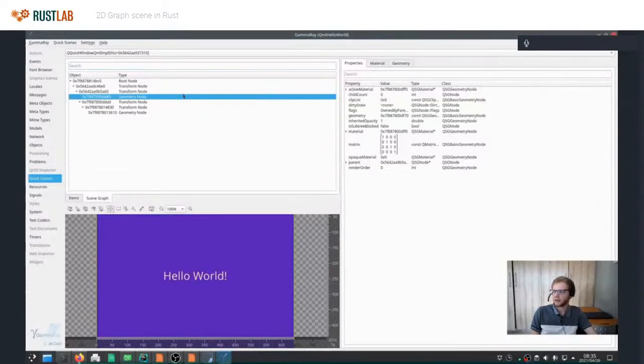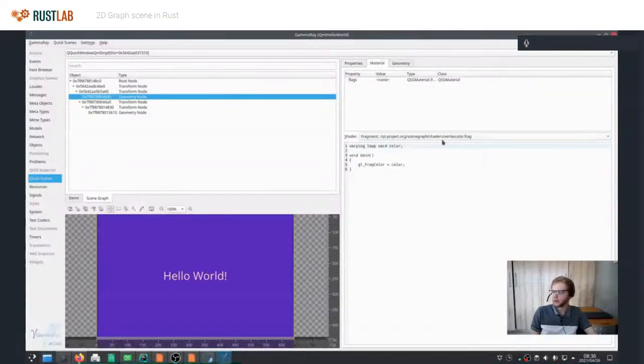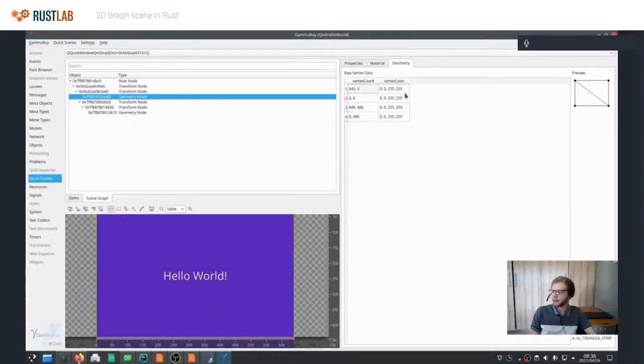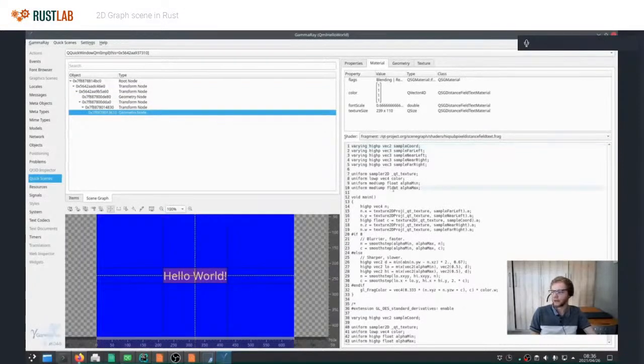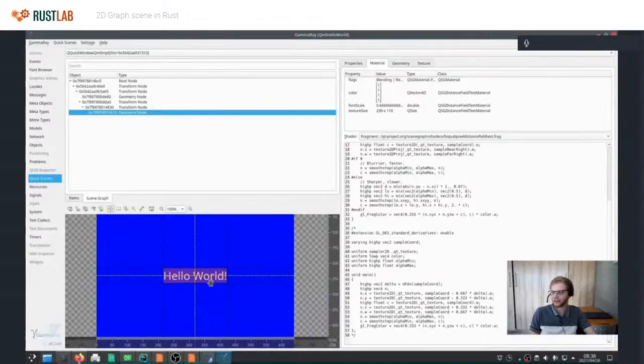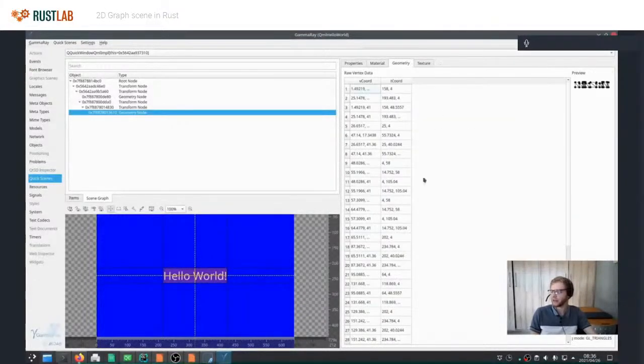Okay, so that's just the background geometry node, the big rectangle. So if I open the material, you'll see here's the fragment shaders of that thing, and here's the vertex shader, and we can also look at the geometry. So there you'll see the two triangles which make up the rectangle. So yeah, this is exactly what I was talking about. This rectangle was defined in terms of triangles and shaders. Yeah, there's no magic behind that. And you'll see when we look at the text, it is actually quite hard to do something complicated like text in this case, but we'll get into why that isn't such a big problem a bit later.